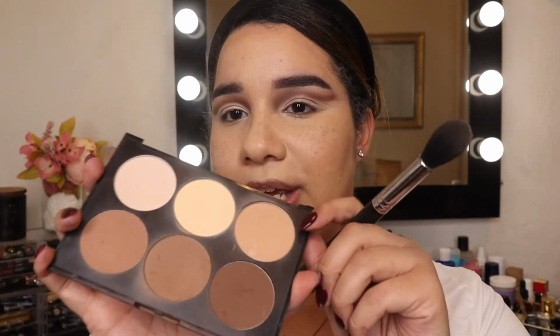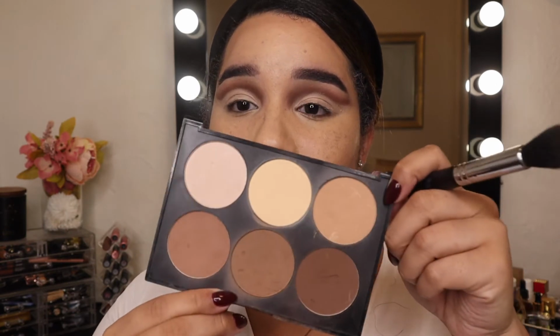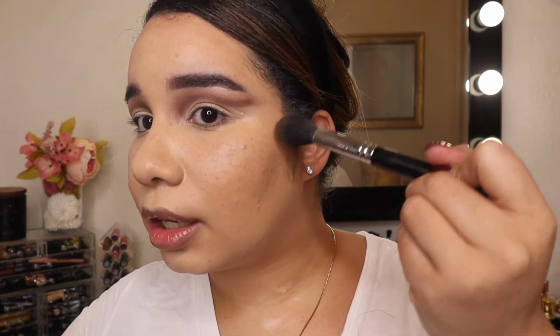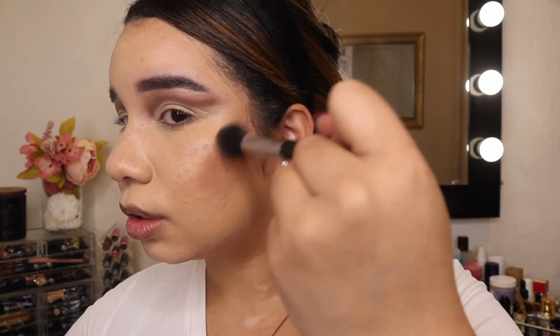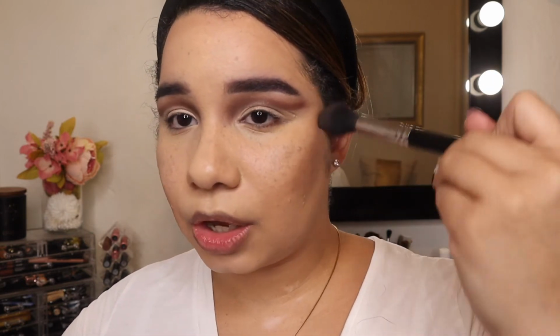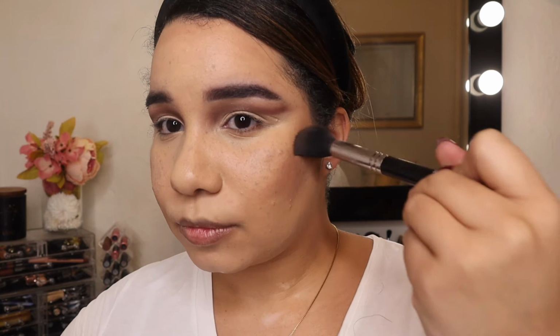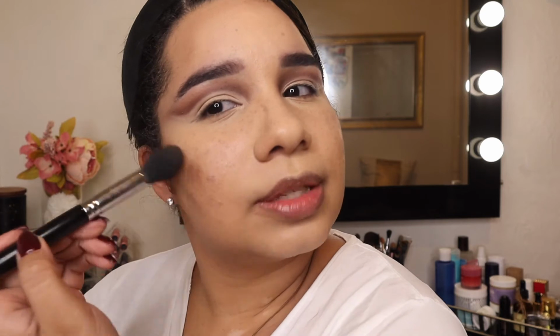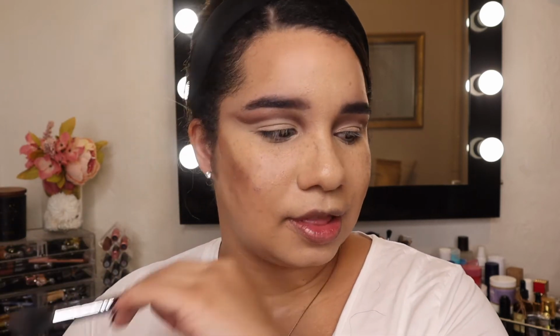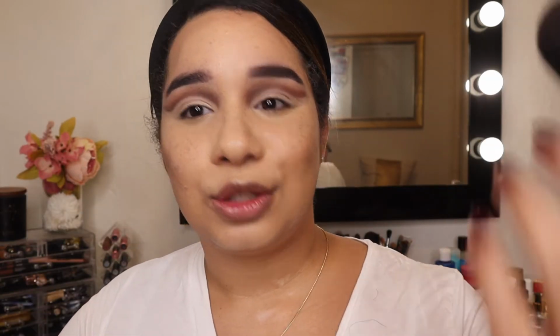Now that all of our liquid products are on, I'm gonna go ahead and go in with my Sephora contour palette, and I'm gonna be using this middle shade right over here. Grab that and start my contour. Looks a little scary right now, but I think that's my favorite thing about makeup. It's that you have to go through a mess a lot of the times to get to the glam